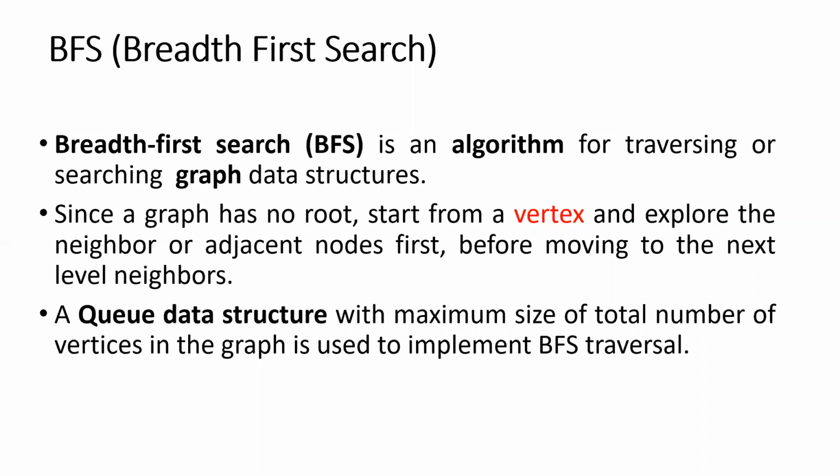So breadth first search is an algorithm for traversing, or we can also call it searching, throughout the graph of a data structure, so that all vertices are visited once. Traversal means we will be visiting and processing each node in a proper order. As we had seen in DFS, both DFS and BFS can be implemented in trees also. In trees, we have a root for starting the traversal.